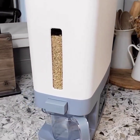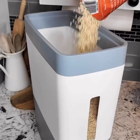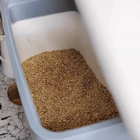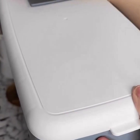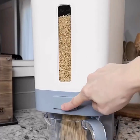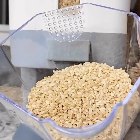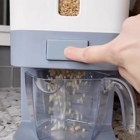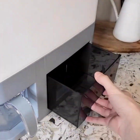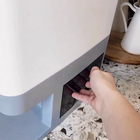Perfect for storing rice, oatmeal, and other small grains in your kitchen pantry. Its large capacity can hold up to a 26-pound bag, and the lid has a built-in fresh box to keep food dry and safe. The container has a window to clearly see when it's time to restock, and it comes with a measuring cup that doubles as a strainer to easily measure and rinse your grains. The one-touch button makes it easy to dispense, and when finished, the side has a storage unit to hold the